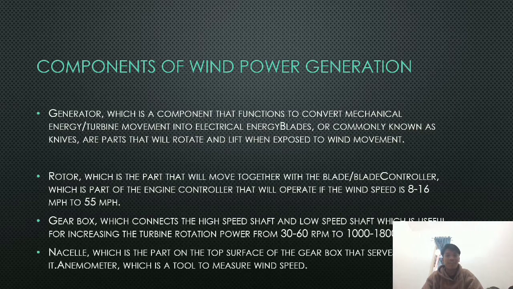Components of wind power generation. Generator, which is a component that functions to convert mechanical energy from turbine movement into electrical energy. Blade, known as lift, is the part that will rotate and lift when opposite the wind movement. Rotor, which is the part that will move together with the blade. Controller, which is part of the engine controller that will operate if the wind speed is 8